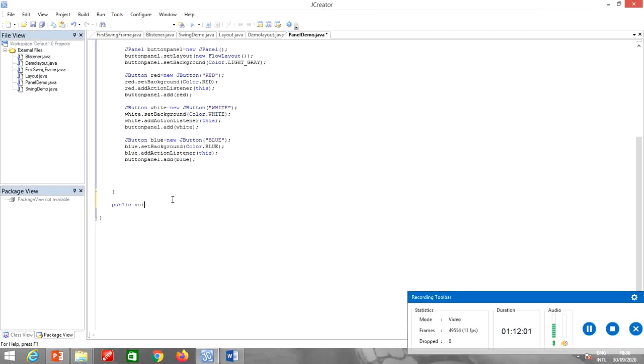So public void actionPerformed, and inside it I have to make an object of the ActionEvent. ActionEvent, let me specify it AE. Alright, now what I need to do, I need to check which button is clicked, whether it's white, it's blue, or it's red. So there are many ways of doing it. What I am going to do,